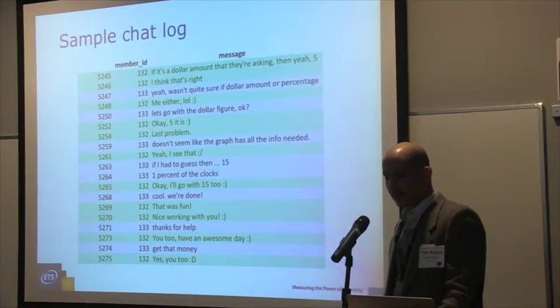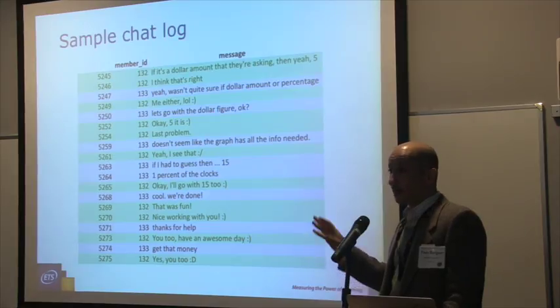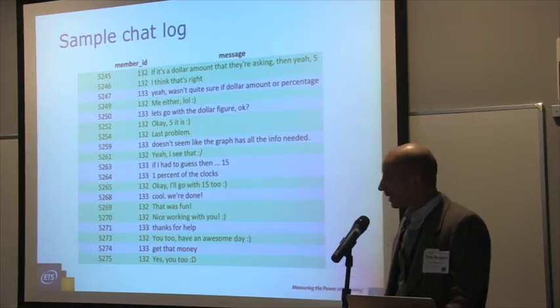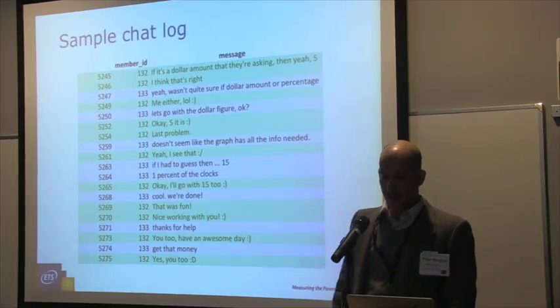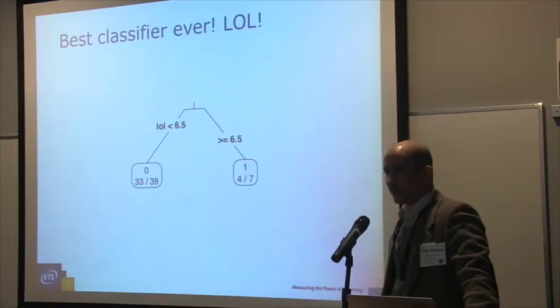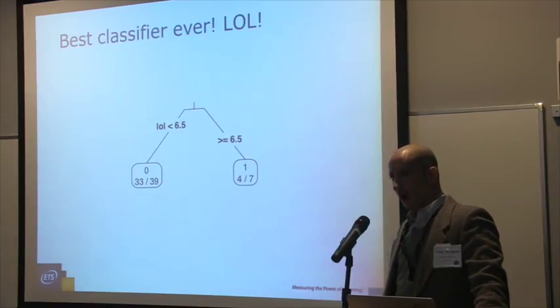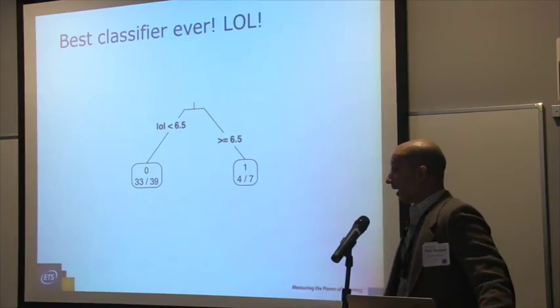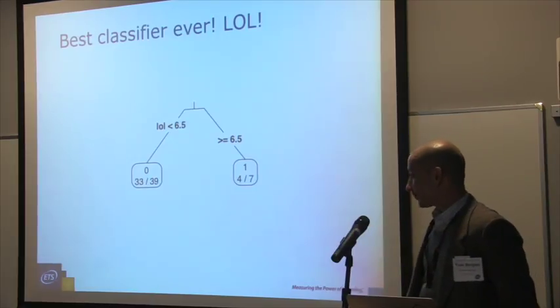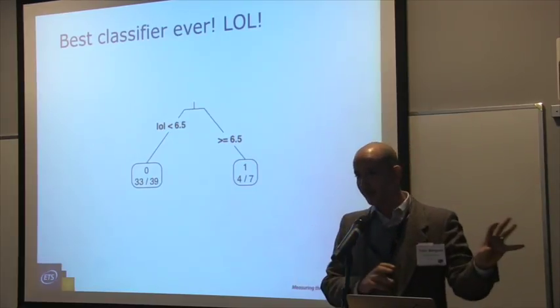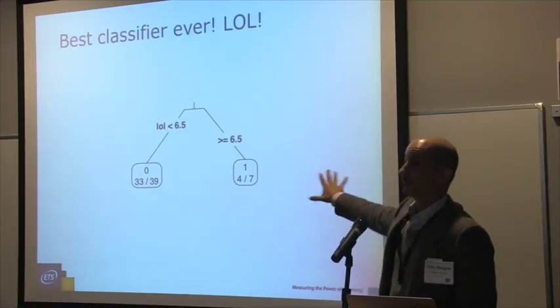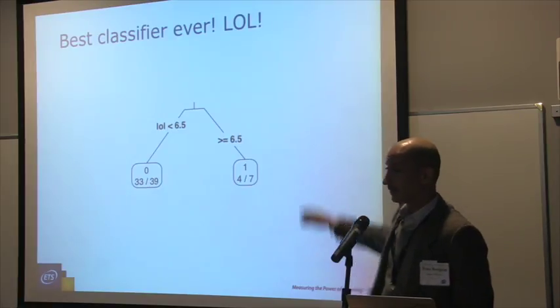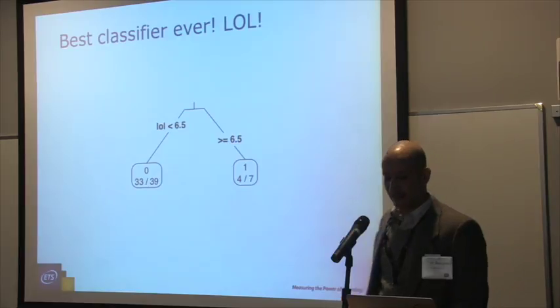So to end on some light post hoc analyses, you saw some positive affect in here. If you built the simplest classifier you could, this would be the best classifier ever: "lol." Literally, lol. So here's a decision tree to decide whether they're going to be in that positive group based on frequency of word counts. If they used lol at least 7 times, then 4 out of those 7 groups actually were in that high collaboration group. So that's a good classifier, apparently.